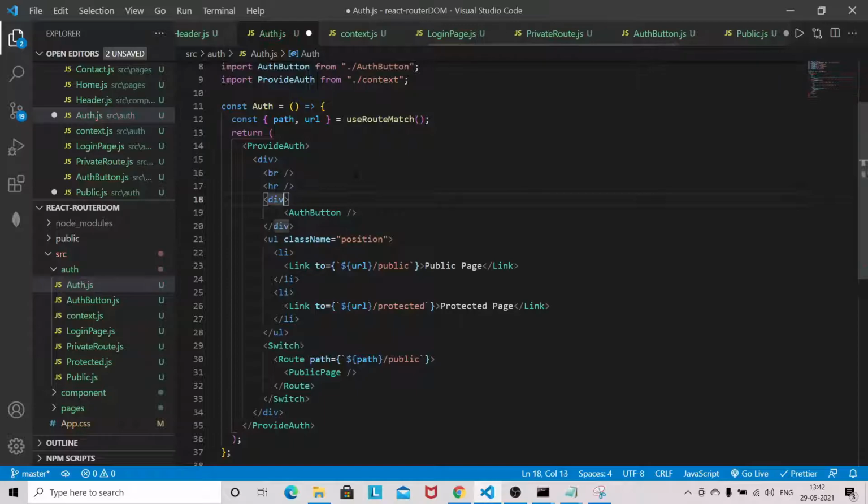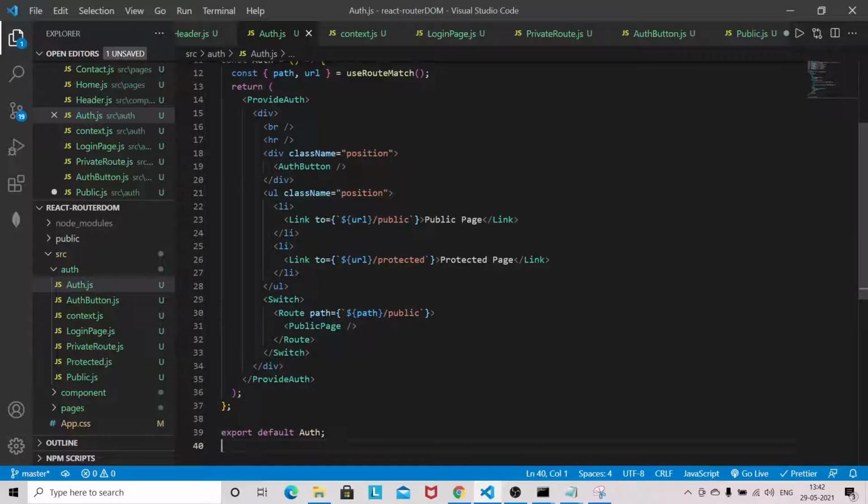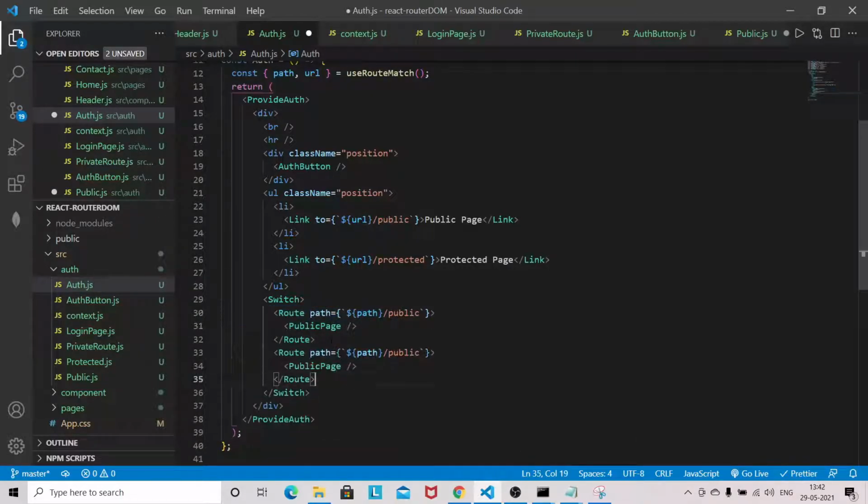I will provide the class name position. Now we have to add a route for the protected one. So first we will add the login page. So this one will be a route to login, and this will be a login page.